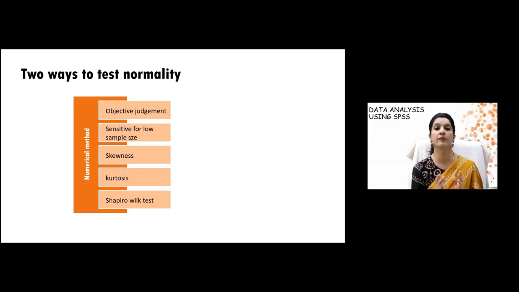Most commonly, we use Shapiro-Wilk test for the testing of normality if the sample size is less than 50. But you can use other ways also, or you can use more than one method also. Like you can use kurtosis and Shapiro-Wilk, or skewness and Shapiro-Wilk, or seeing the mean and median. So the first thing is the